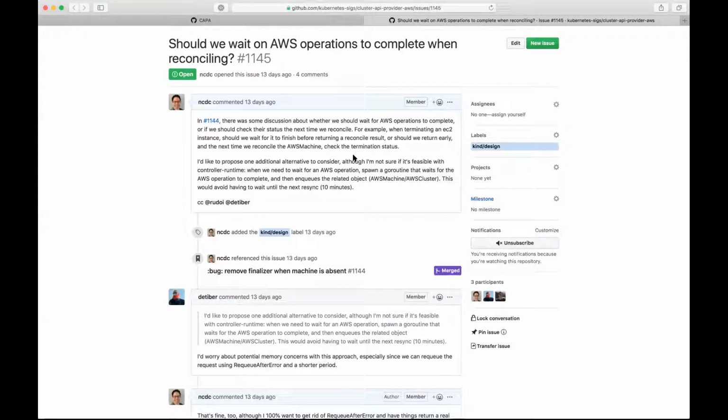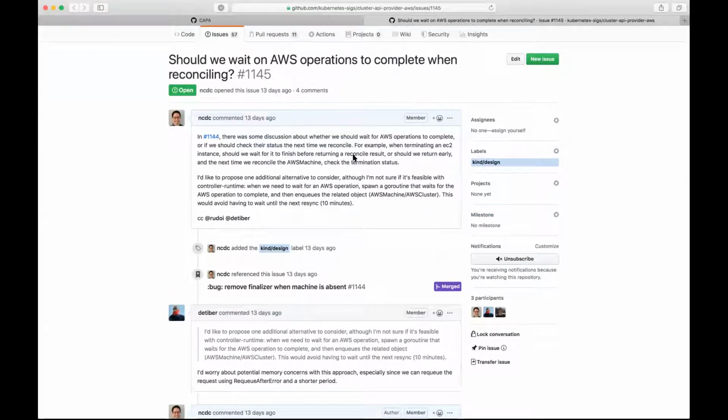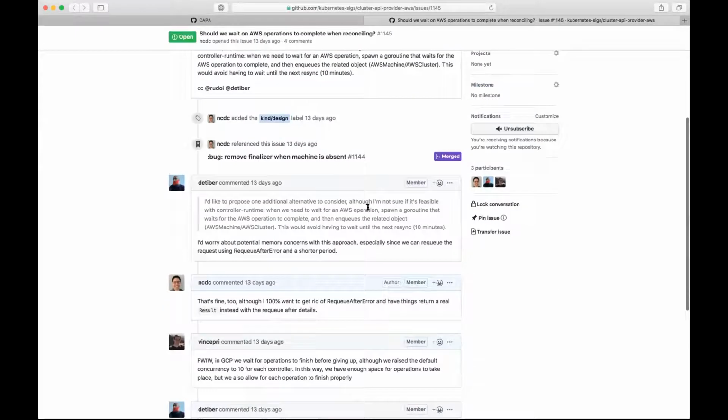So this was one that I opened about, should we wait on AWS operations to complete when we're reconciling, or should we just issue an operation against AWS and then come back in the next resync and see how things are going? I don't think we've made any decisions here.